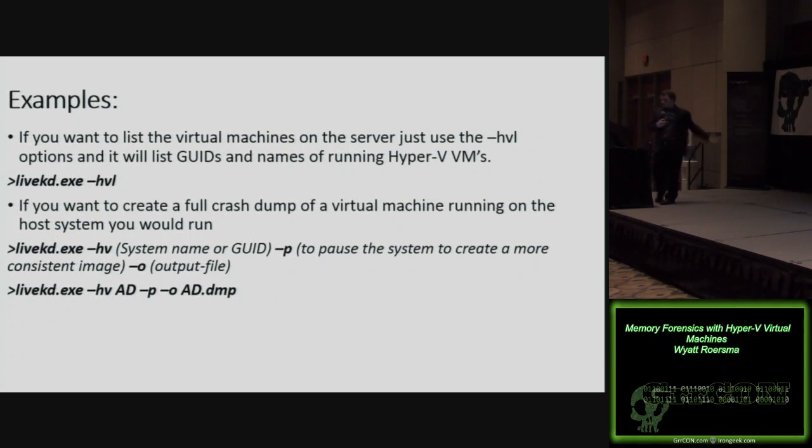So, examples of livekd. If you want to list the virtual machines, -hvl will tell you all the virtual machines that are running on the system. Obviously, if a virtual machine is saved, it's not going to list it there. And then if you want to convert a virtual machine named AD, you can just do livekd -hv 80 -p, which indicates you're pausing it. The -o is the output, and AD.dmp is the crash dump format. Or you can also use the GUID of the virtual machine. We'll get a little bit into that in just a minute. But typically, I'd recommend pausing the virtual machine if you're going to use this tool, because if you don't pause the virtual machine, you're going to have a lot of,